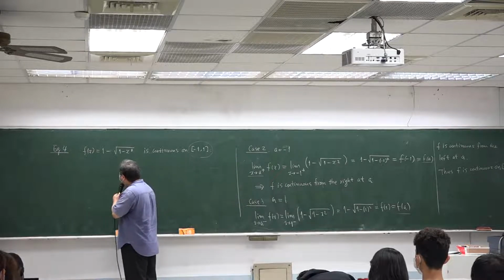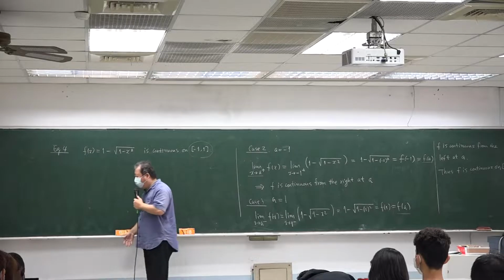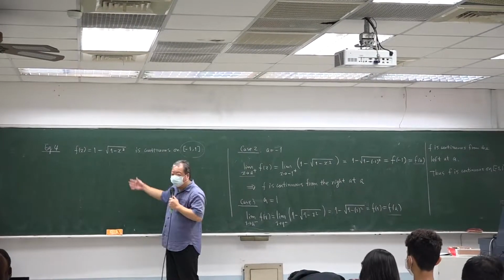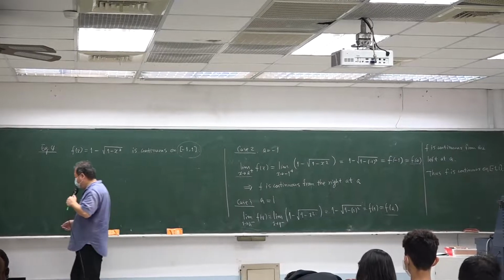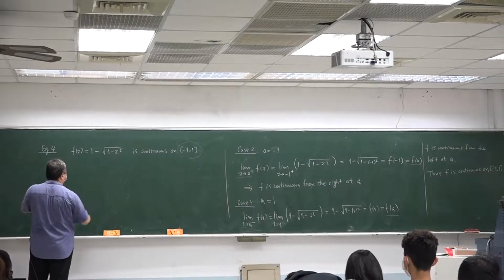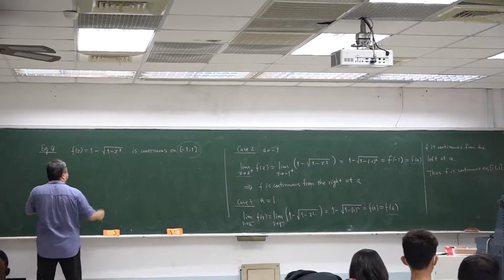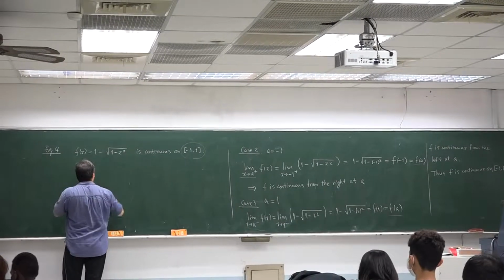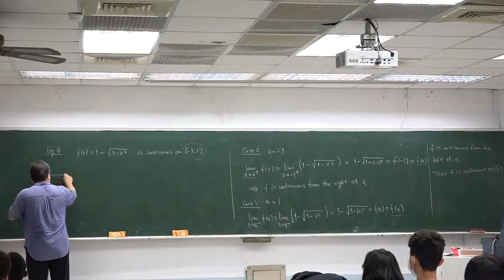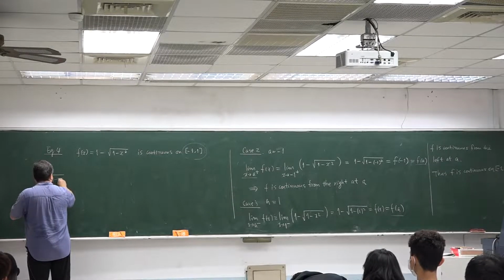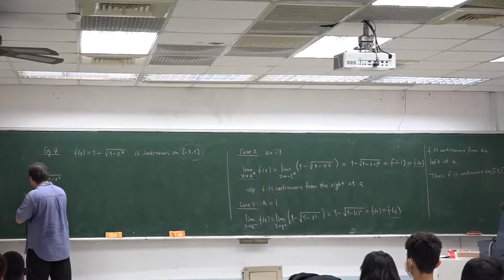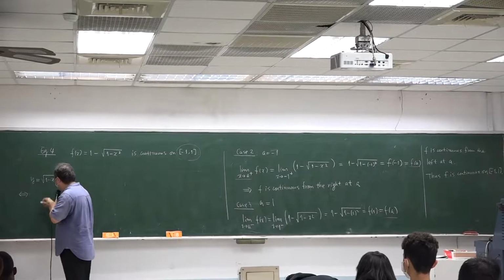Okay, let's draw a picture, which is the graph of this function. Sketch the graph of this function. We have a square root part here. So we first consider this function. This expression is equivalent to, if we square it,